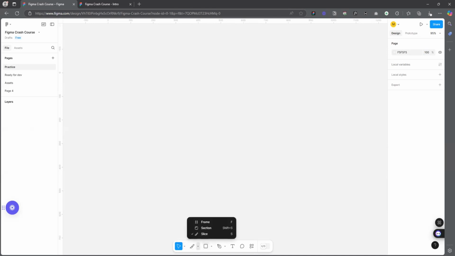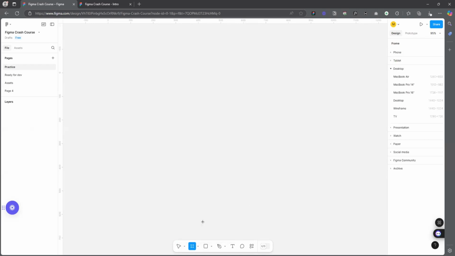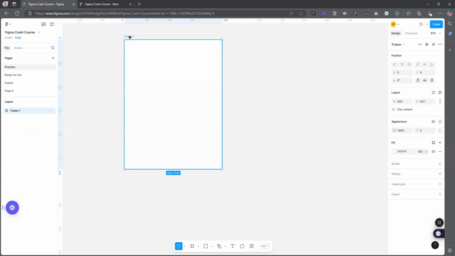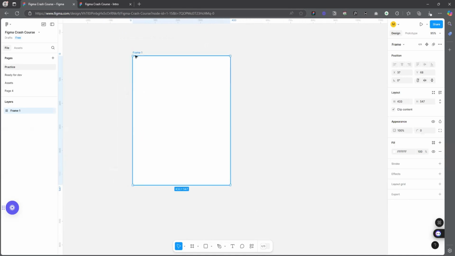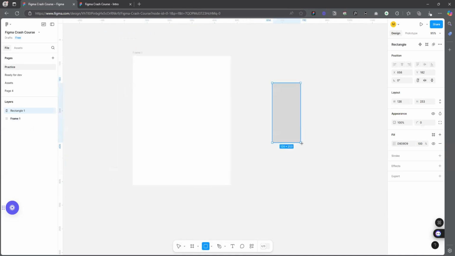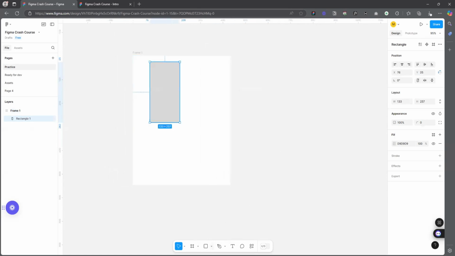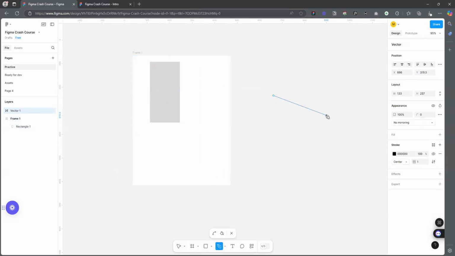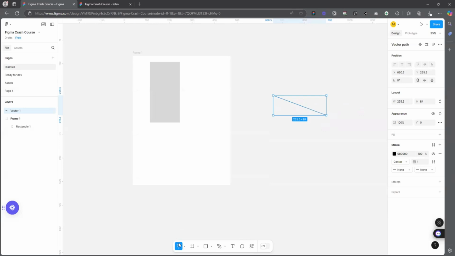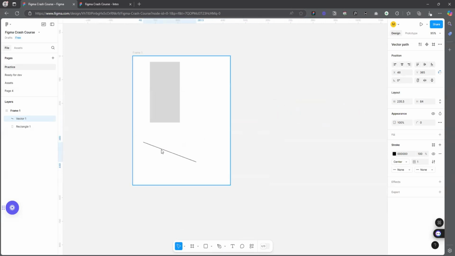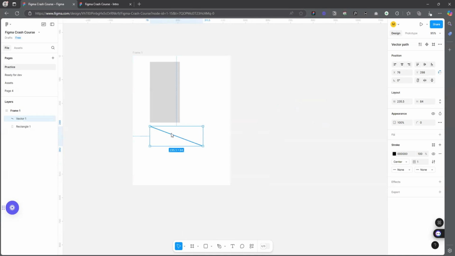Then you have the section, right? You have the frame. So here, this frame basically serves as a container, right? With frame, you can place other elements inside the frame. You can see I can choose to place anything inside my frame. So your frame is what you use to create your mobile designs, your desktop designs, and tablet designs, and others,